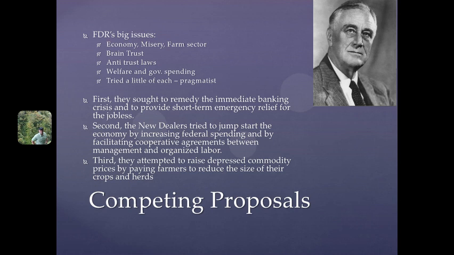Now, the ways he attempts to approach the depression problem with his New Deal stuff is: one, he needs to relieve the banking system with some sort of monetary reform. Two, he's going to sort of straighten out this union deal, and he's going to support unions. And then lastly, he is going to attempt to raise commodity prices by limiting their production.